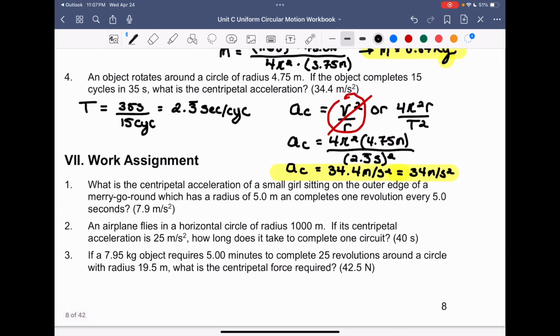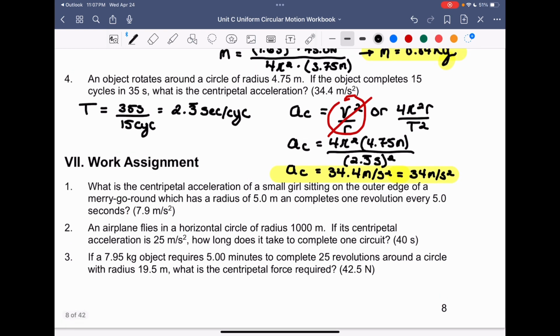All right, now here's where you want to go on to your work problems here. So I definitely recommend getting some practice with this. In this lesson 19, the big thing is revisit the formulas, revisit the terminology. What is period? What is frequency? And then remember that the tangential velocity will always remain the same. The F net, which is our FC, points towards the center and is that center-seeking force that is causing that continuous directional change. And lastly, just make sure you're careful with your units along the way,